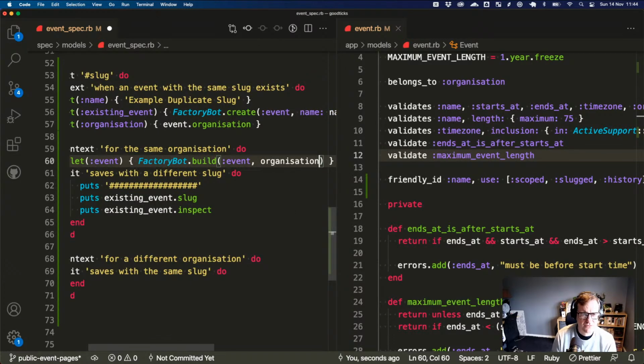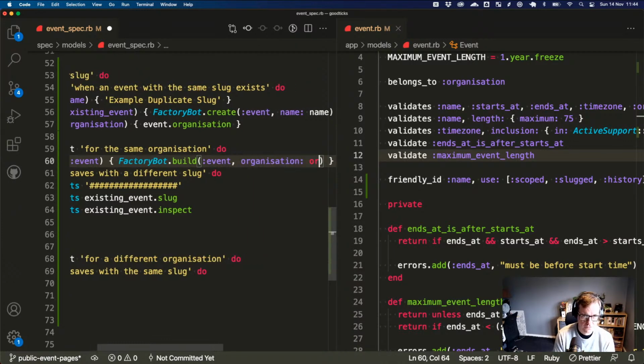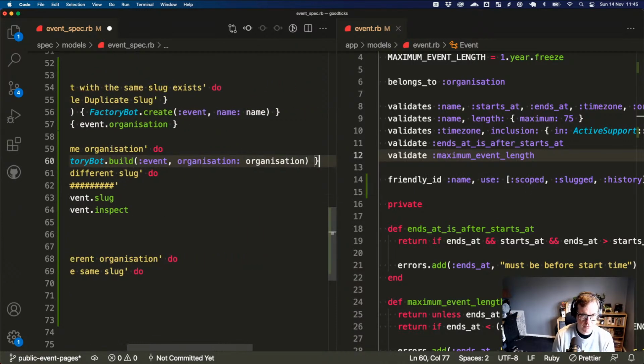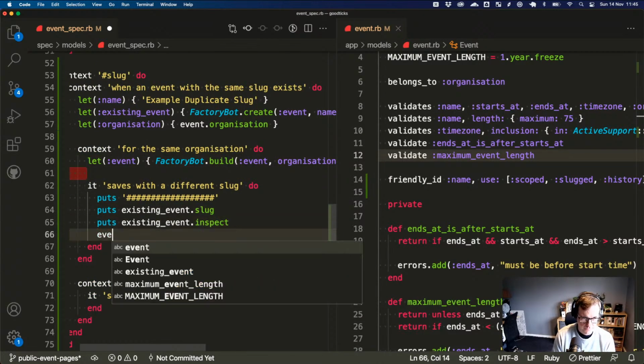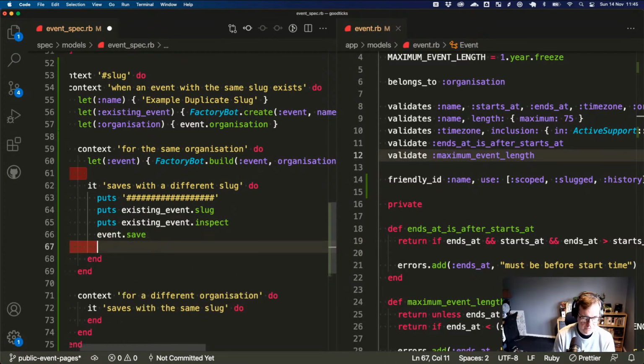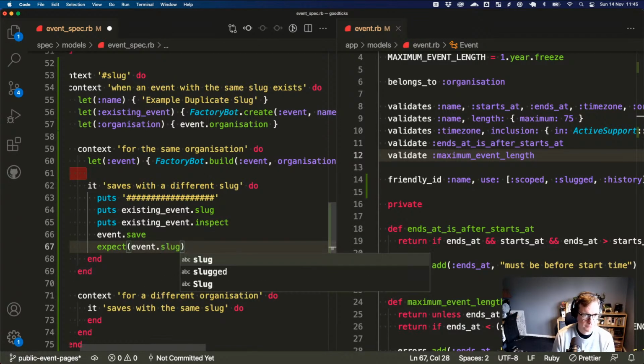I don't even know if we need a factory. I guess this just helps us build without having to set all the params everywhere. So then we could do event.save and then expect event.slug to not equal